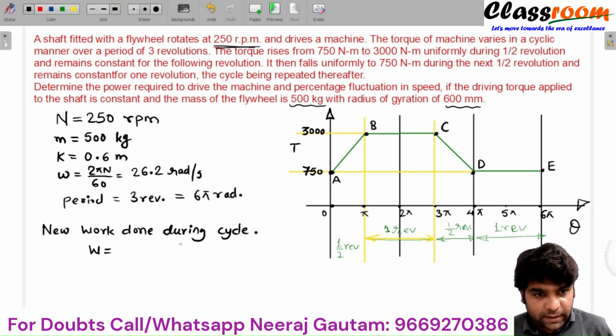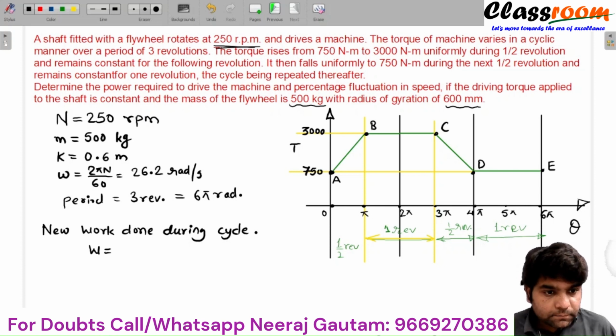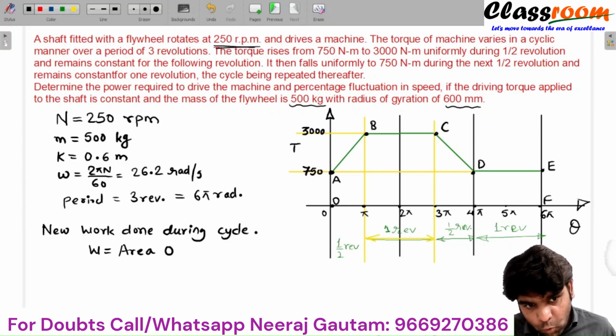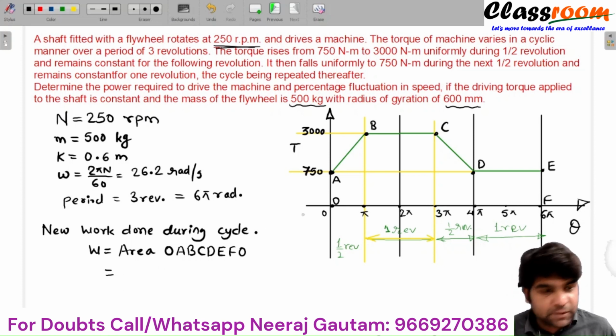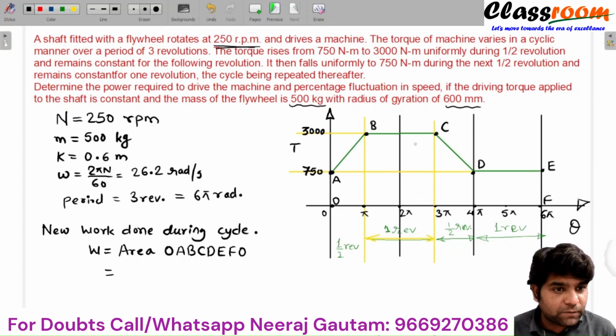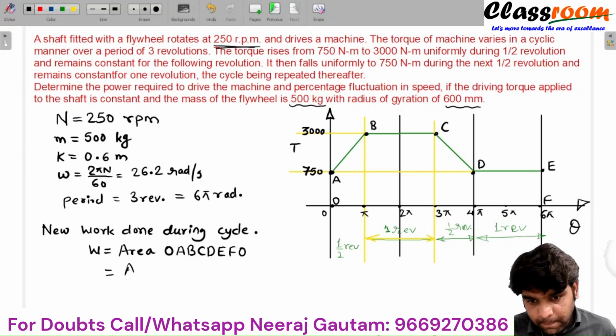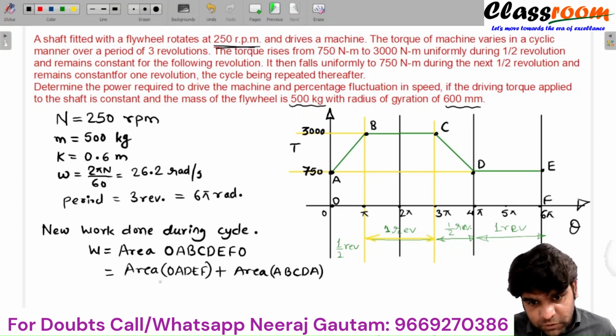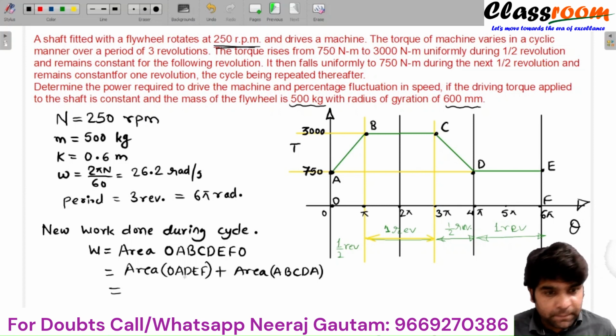Okay, so the total area: this origin is O, and O, A, B, C, D, E, F, and O. Say the complete area represents this. So you can calculate the area of this figure. You can write here the area under O, A, D, E, F plus the area of this trapezium A, B, C, D. This is the total area. And the area of this rectangle is 750 into 6 pi,